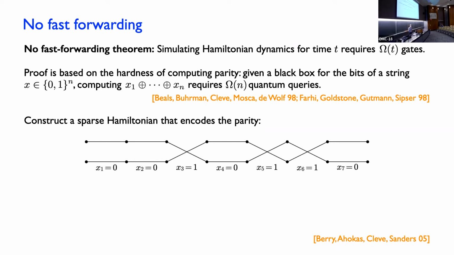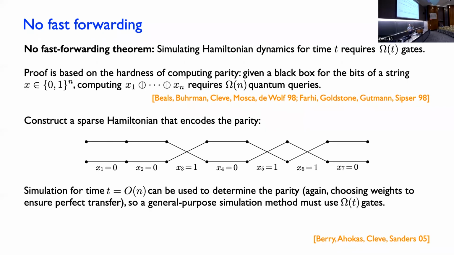Because every time you have a crossing, you switch whether you're on the top row or the bottom row. So the parity is really just equivalent to, do you end up on the top or on the bottom when you move all the way from the top left over to the right? Since this parity problem requires a linear number of queries, and you can use evolution on this path to move from one end to the other in a time that goes like the length of the path, which we can make happen exactly if we choose the coefficients that we described on the previous slide,